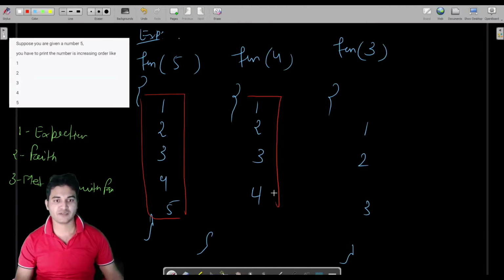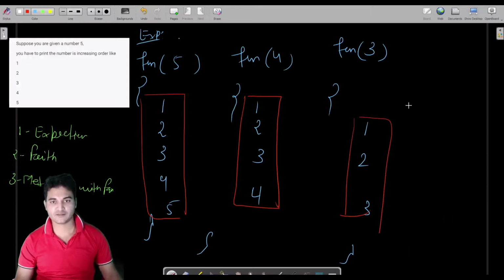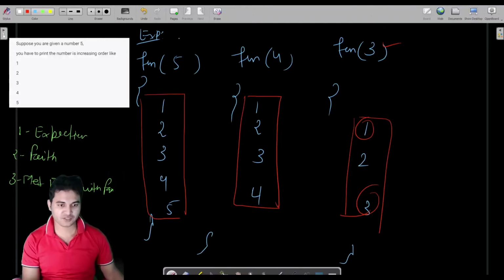If you have been provided with this 3, then your program should print 1, 2, 3. You start with 1 and go till n, the input which is provided to you. So we'll use these 3 points, and using them we'll figure out the approach which we have to apply to the current program. So what is our expectation?